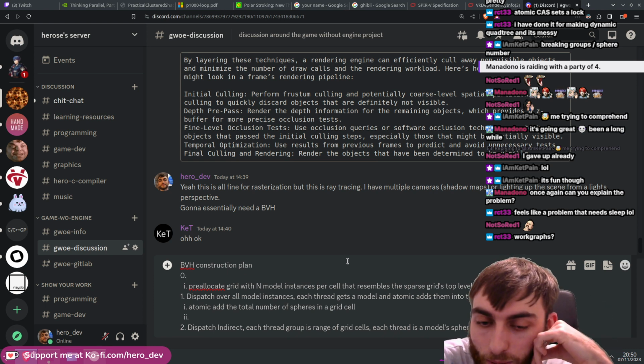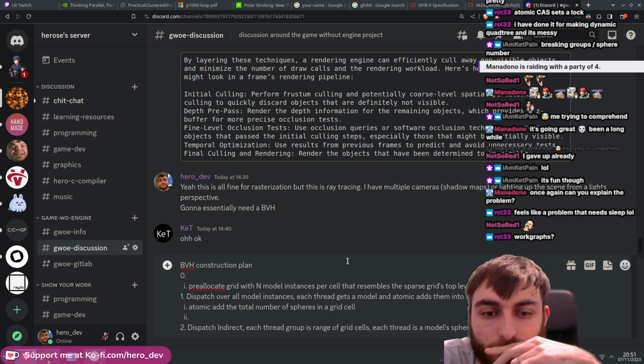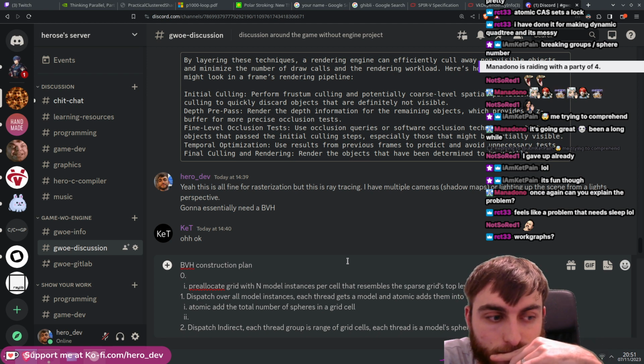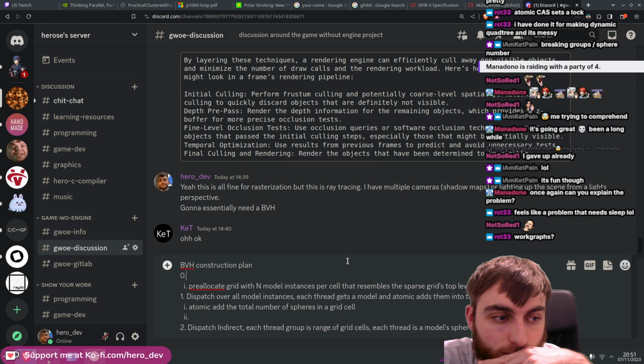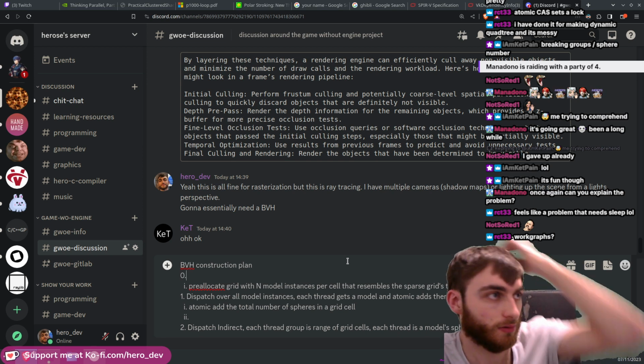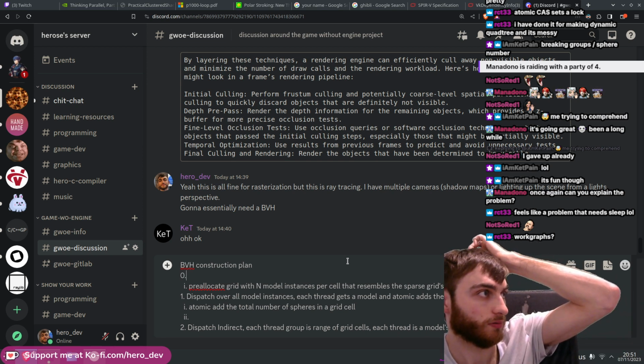Yeah, we're going to the problem of, we have a whole bunch of, we can launch across all spheres in a model. And just bin those. The problem is the model doesn't,